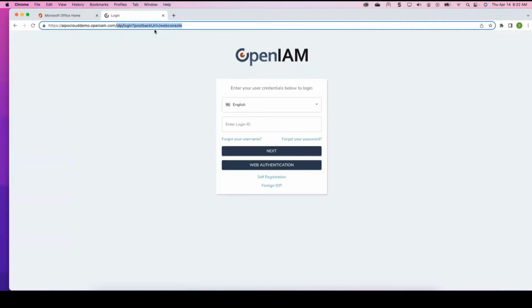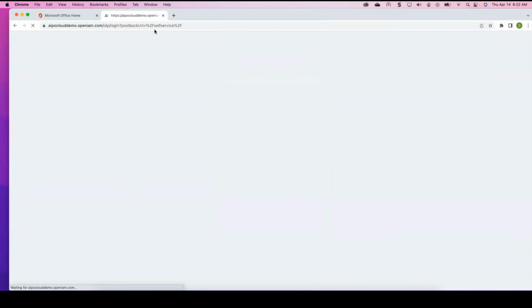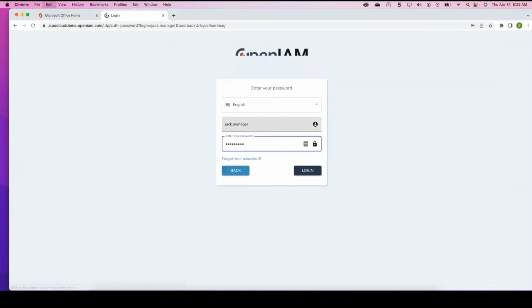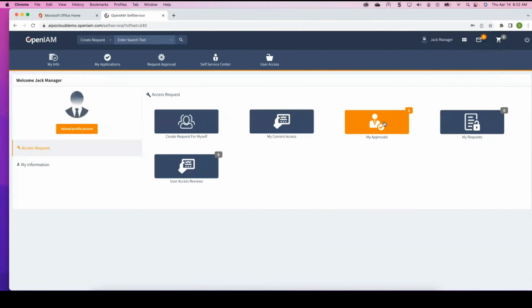Let's go to the self-service portal. And in the background, they would have gotten an email notification that says, there's a review waiting for you. So if we go to user access reviews over here,